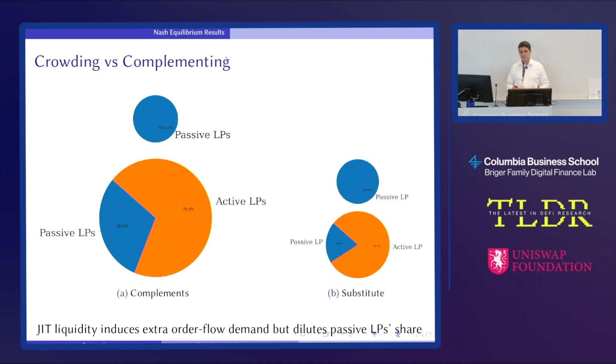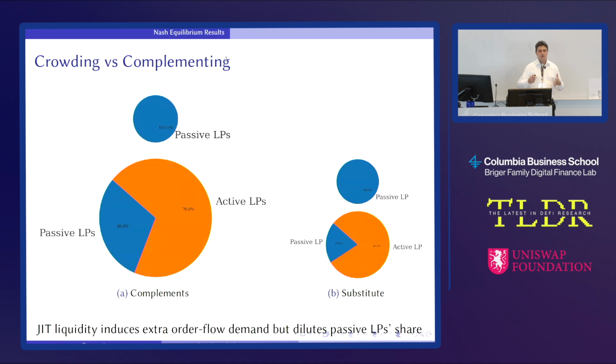Now, what could be the case is that it's true that the passive liquidity providers are left with 30%, but it's possible that the pool is growing a lot. So the pool is sensitive to the order flow. That means that if, for example, there is more liquidity, it can be that more investors will trade.